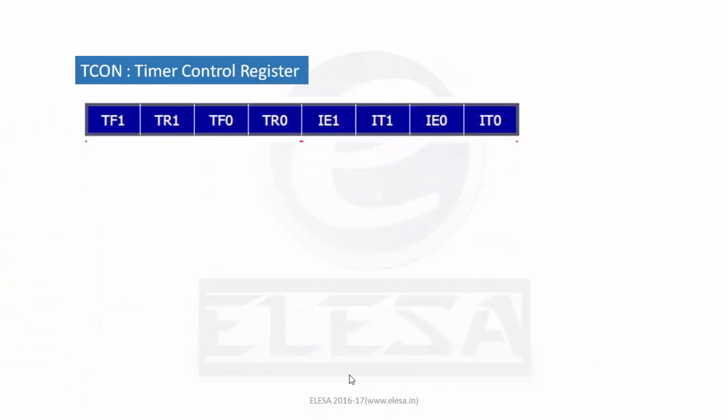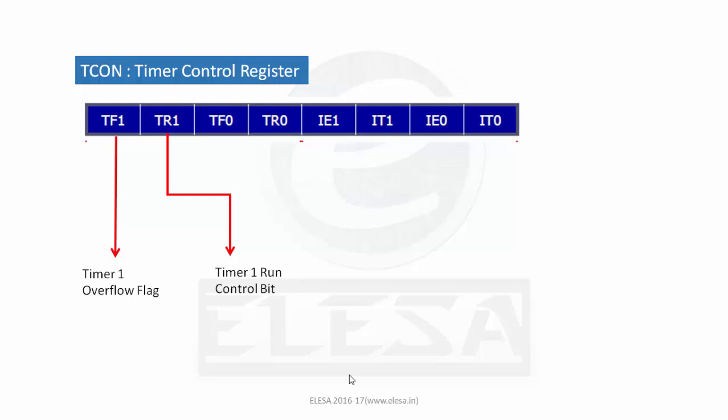The second register associated with the timer is the TCON register, that is the timer control register. In this timer control register, for our purpose, there are only 4 bits. The upper 4 bits: TF1 is the timer 1 overflow flag. TR1 is the timer 1 run control bit. We have seen that if TR equals 1, the output of the AND gate is equal to 1, which thereby controls the switch of the analog circuit in the control logic of 8051. This is how timer 1 or timer 0 is controlled by the TR bit in the TCON register. Similarly, TF0 and TR0 for timer 0.